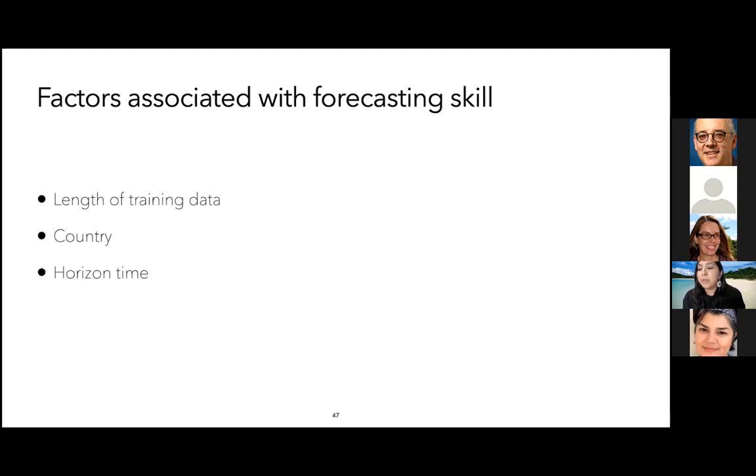So the more data available, the better the forecasting skill of the model, that there was quite a bit of heterogeneity in forecasting skill by country. And again, as we saw in some of the earlier plots, forecasting skill declined as we were trying to forecast farther ahead in time. But we can at least account for the effects of some of these factors to evaluate which model performs better after accounting